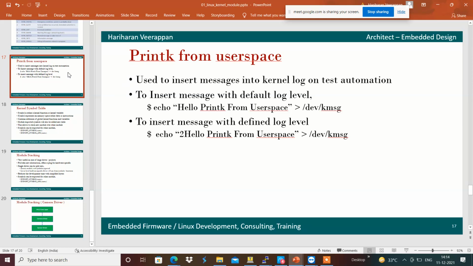There is a flexibility to put a printk from the user space as well. That means we can add messages into the default log level, and we can do that with the help of the driver provided by the Linux kernel, /dev/kmsg, which allows user space to put a message to the kernel space, for example the kernel log.